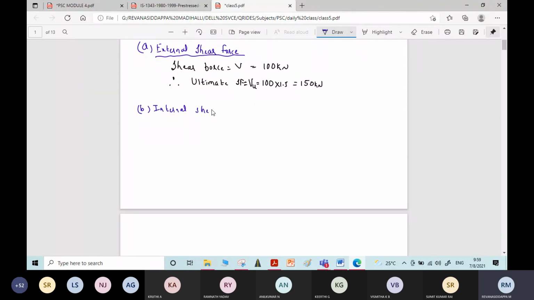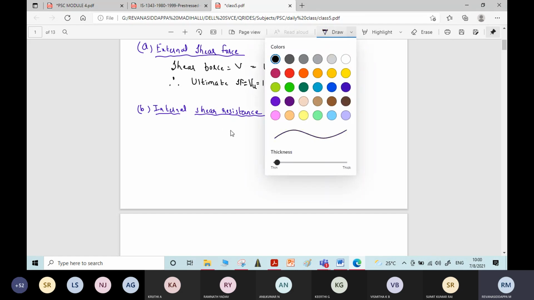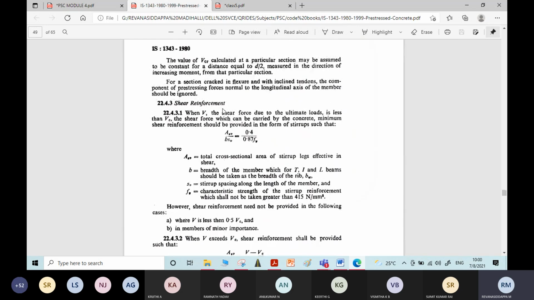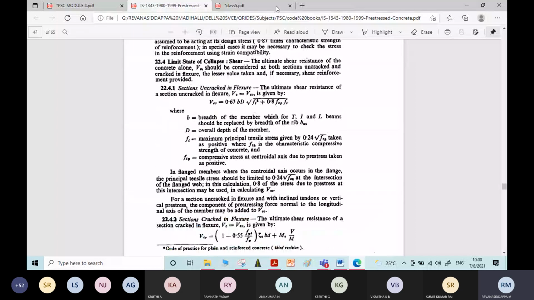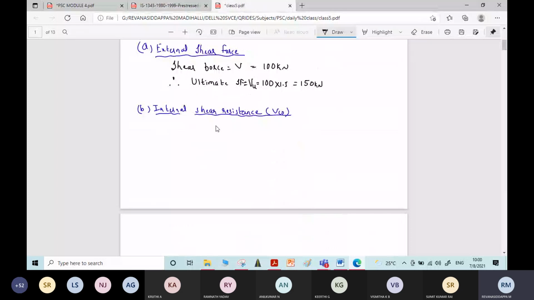Internal shear resistance, VC naught. I'll go to the code book, page number 46. 0.67 B into capital D root of FT square plus 0.8 FCP into FT. Okay, VC naught, that is internal shear resistance, is equal to